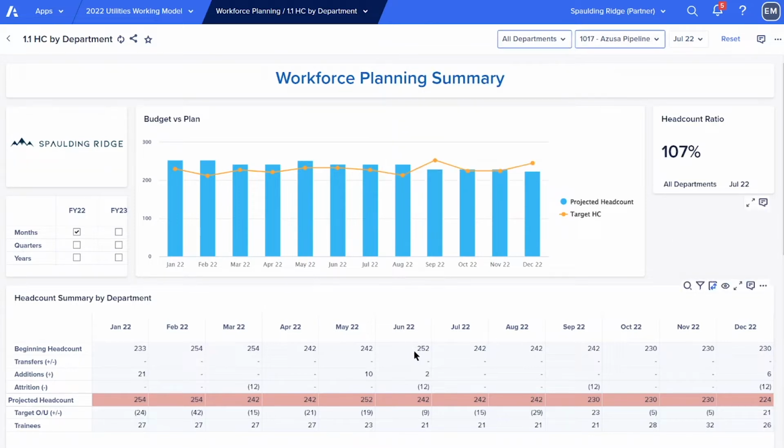So we're going to start with that beginning headcount, and then we're going to start to apply different projections that we do have. So our first one is transfers. Transfers are going to be internal transfers where I'm going to plan for a maintenance supervisor to be transitioned over to an operations supervisor. Those types of transitions. So those are accounted for. Additions, right? So when I'm looking at additions, that's the next one. We're going to look at the pipeline into our organization.